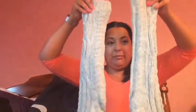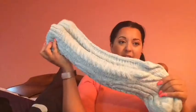The first ones are my reading socks. These are from Chapters Indigo. I have 2 pairs of these. I have the green minty shade and I have a pink shade. These are the most cozy socks you will ever find. I found them on sale because usually they're like $50, but if you can get them on sale,